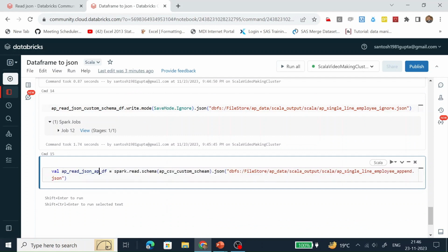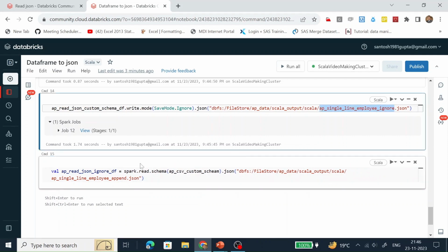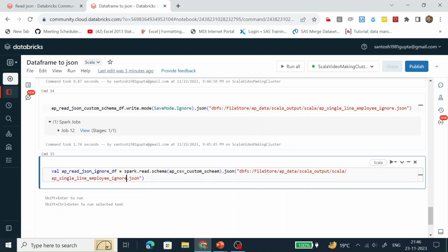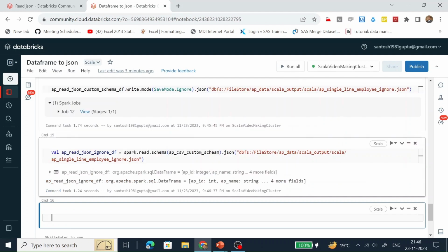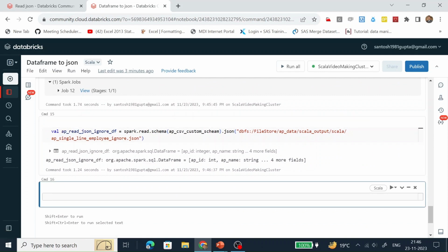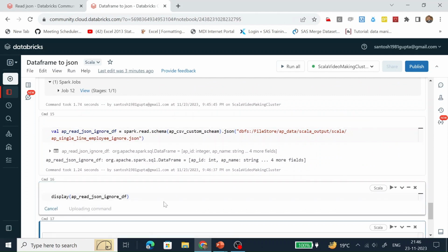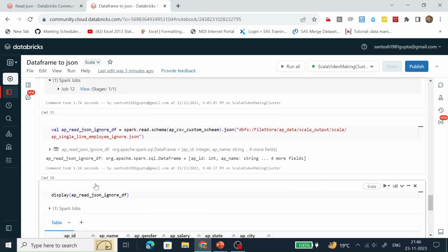Instead of append, let's use ignore, and here is the file which we have created. So let's replace it with this one and run it. Okay, this data frame has been created successfully. Let's use the display function to see the content of this data frame. See, it has 5 records. The same records are there.